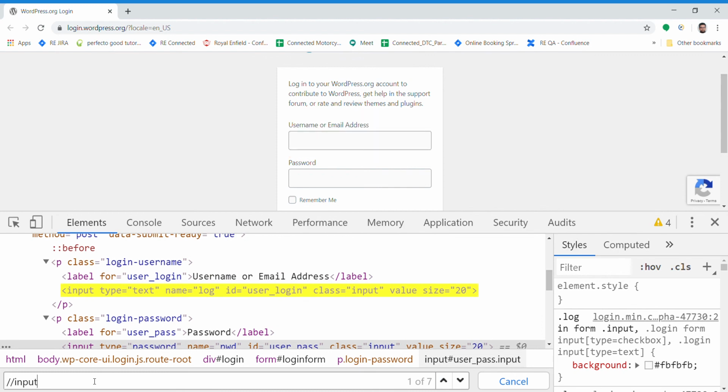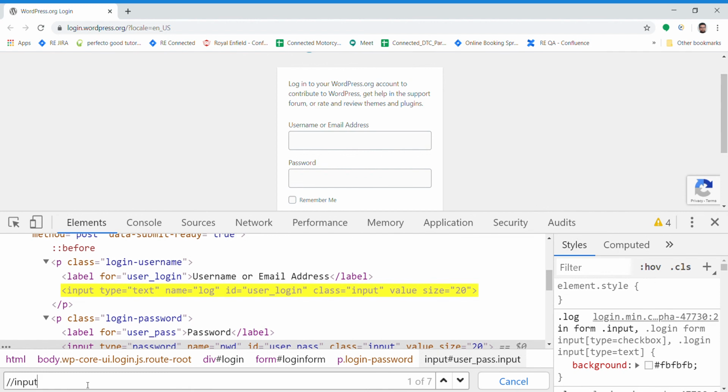As soon as I enter input, it finds that there are 7 nodes in this web page having the input tag, but we wanted to find it uniquely. How can we click on this element if there are 7 elements? So we have to provide more information about that element. We see that this input element has type text, name equal to log, ID equal to user_login, and some other details.